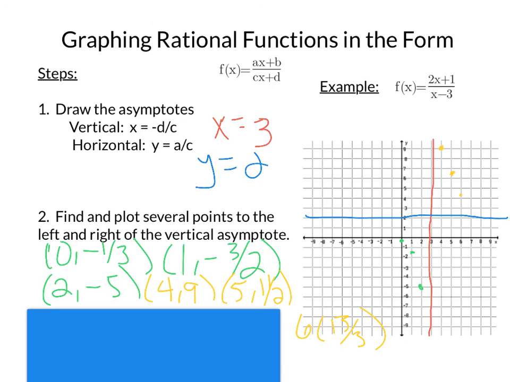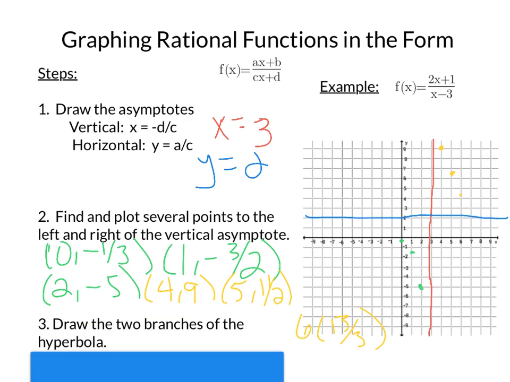My third and final step is to draw the branches of my hyperbola. Remember as you're drawing your branches to make them go close to but never touch or cross your asymptotes. Once you have drawn the 2 branches, you have finished drawing your hyperbola and you are done graphing the rational function. Take a moment to pause the video, record this example in your notes,